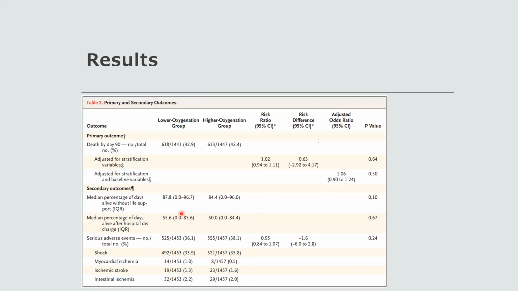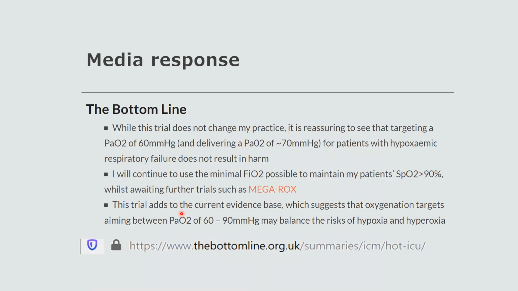But talking about conclusions, there were some other people doing some conclusions about this trial, and I just wanted to show you some of the media response after the hot ICU trial. So here, this is the bottom line. It's a British ICU blog, and they are always talking about different studies and evaluating the results for clinicians to briefly read through. And there the author is saying, while this trial does not change my practice,